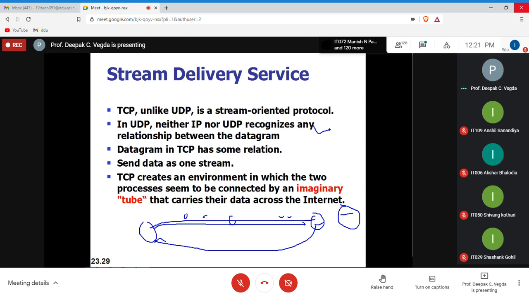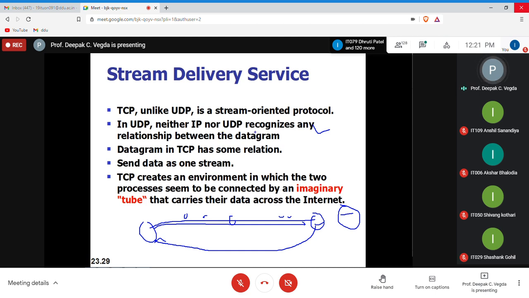Because see, for teleconferencing, suppose you and I are both communicating. When I forward my data right now, some of the data is lost. You will not have any relationship about which packet you have lost, or that this is an incomplete packet. Whatever is lost is lost. You don't care at all. But in TCP, we'll know that one packet was lost, or a corrupted packet, or such things.